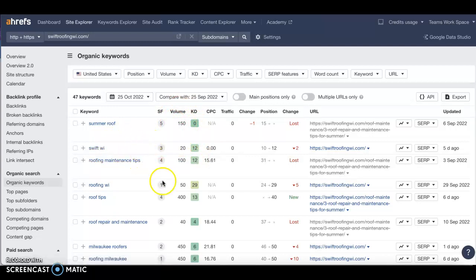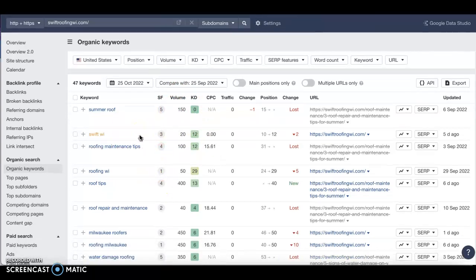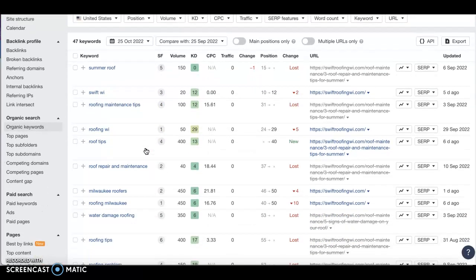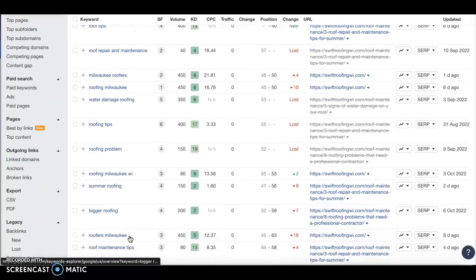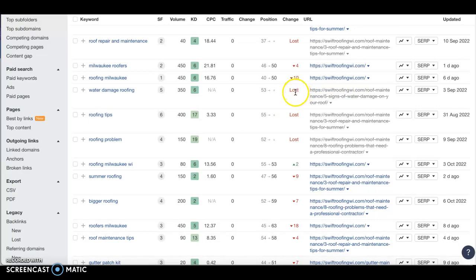So this is what I was telling you earlier, that you will need to get more buyer intent keywords with a location. Like for example, Milwaukee roofers, this is a buyer intent keyword with a good amount of searches per month. So you want this kind of keywords, okay? But this is not buyer intent. These are just not buyer intent. Some of them have also been lost.